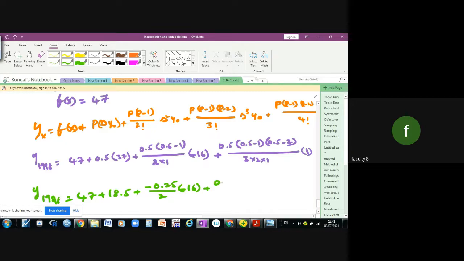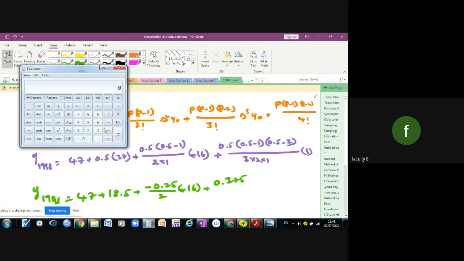Here plus 0. Is it right or wrong? Hello. Simple, I'm going to show you the calculator also. See. So here, see 0.5 into 0.5, that is 0.25. So 0.5 minus 2, you will get 1.5, right? So into 1.5, so you will get 0.375.